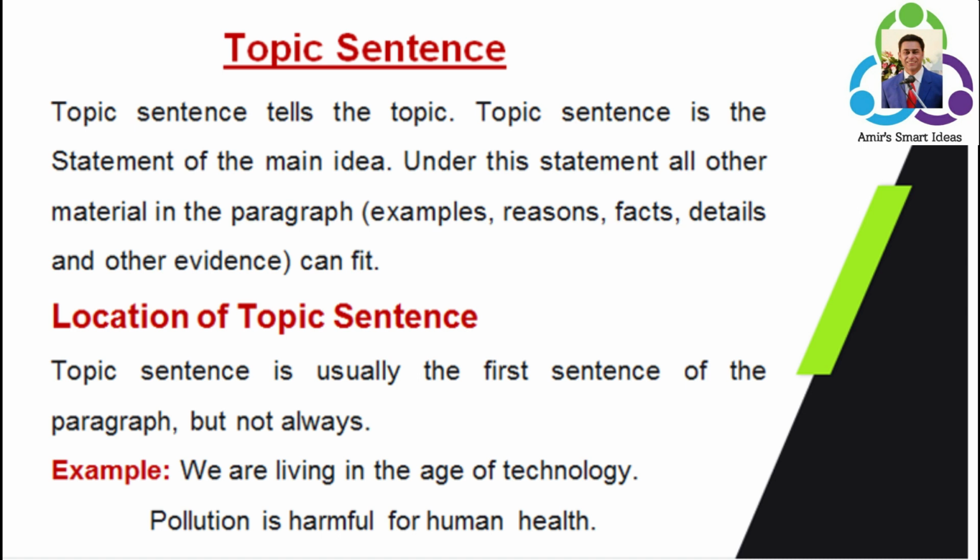Number 2 example is, pollution is harmful for human health. Now, in this paragraph, we'll be looking at the reasons or the causes, what health harms are caused by the pollution. So you can easily see that these two sentences, which are the example of topic sentence, are the most dominant, and they express the main idea or the central idea, and the rest of the sentences, which are going to be the examples or the reasons or the facts or the details or explanation, can easily be created around these statements. I hope it is easy for you to understand.